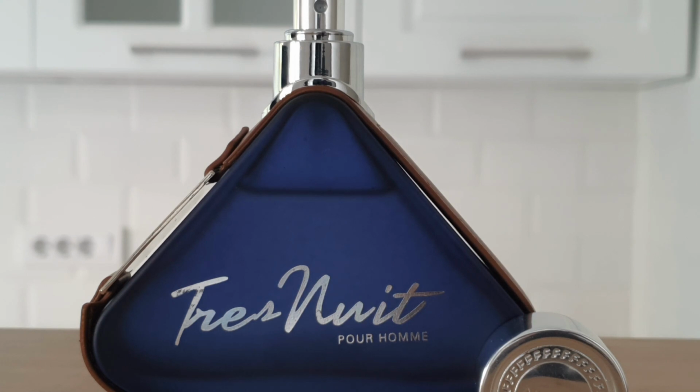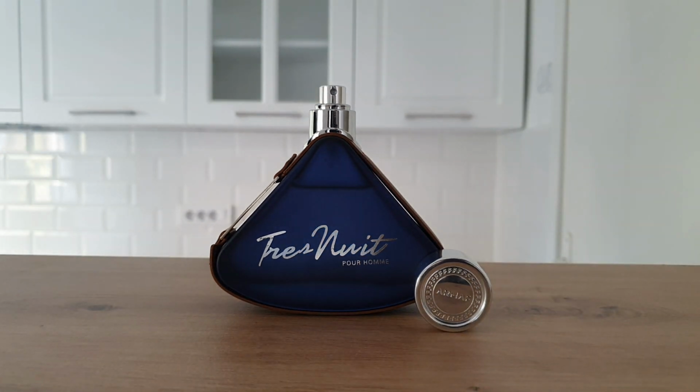I think this is a wonderful office fragrance, and my coworkers agree with that. And also, it's a good fragrance for any casual occasion, which makes sense. So, a casual office fragrance with fairly good longevity and projection for more or less all age ranges. So now we have these basic specifications of the fragrance, and let's talk about how this fragrance actually smells, at